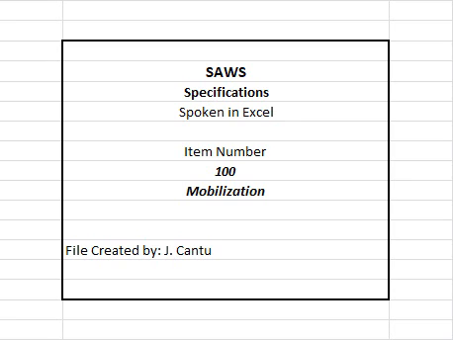100.1 Description: This item shall govern the mobilization of personnel, equipment, and supplies at the project site in preparation for beginning work on other contract items that will be performed by the contractor. Mobilization shall include, but is not limited to, the movement of equipment, personnel, material, supplies, etc. to the project site, application fees, permit fees for all necessary permits, and the establishment of the contractor's office and other facilities prior to beginning the work. The cost of required insurance and bonds shall be included in this item.